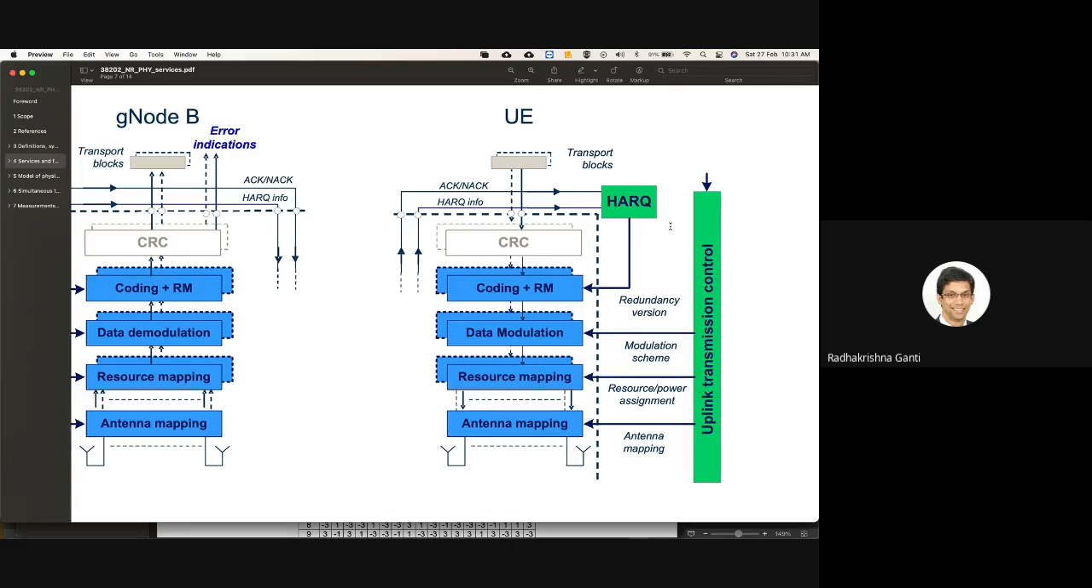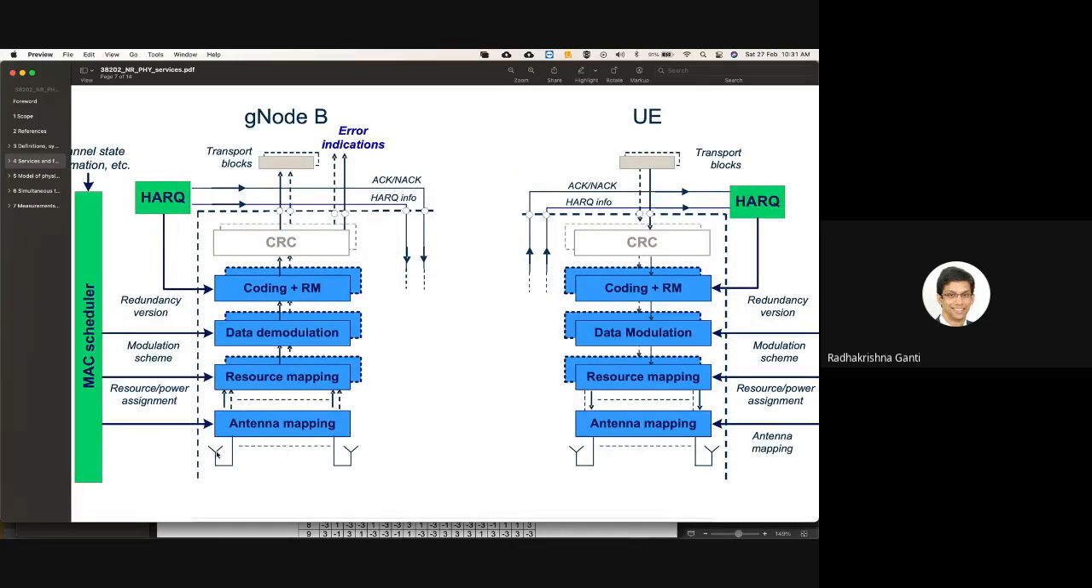Okay, and control information is the one which decides all this. Uplink transmit control information decides the modulation scheme, what the power assignment is, what the antenna mapping is, HARQ and other things. Once these are received on the G node B side, you do the other way around. You go from antenna mapping, resource mapping, demodulation, decoding, and rate matching, and you send it off to